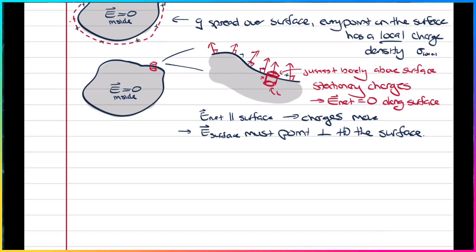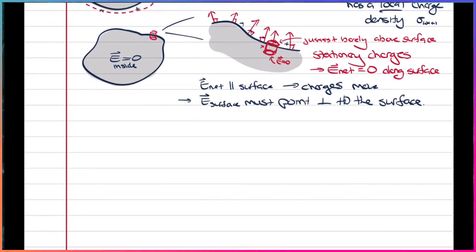And in here, E is 0 inside the conductor, so there's no flux through the bottom of the cylinder. There's only electric flux going through the top of the cylinder. So the total flux is just the flux through the top of the cylinder,